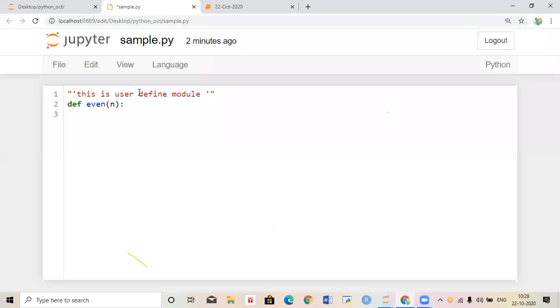That's why I am taking n. Now I want to check if n % 2 == 0, return True, else False.